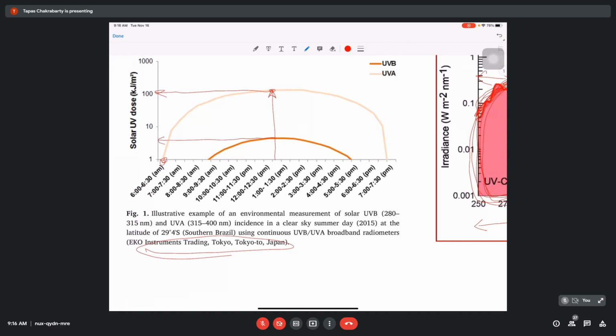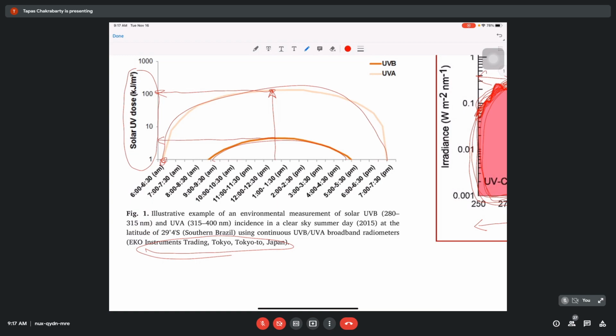So even if you do this measurement, suppose we also live in this tropical region, on any summer day when the sky is clear, if you measure, then definitely these values of the solar UV radiation dose will change, but the approximate distribution of this curve remains unchanged. Okay? It's almost the same everywhere.